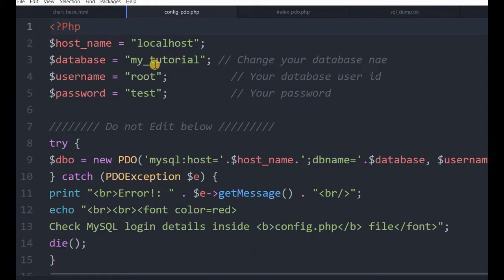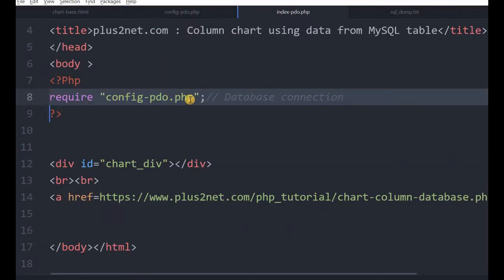It may be a different connection for you. And the database, whatever database name, user ID and password, you change all this. This is my localhost, so a very easy user ID and password is there. Finally, we are creating an object, dbo. This holds our connection string, or connection to the MySQL database. Now here we are inside our index.php, we are using that. So here it is available.